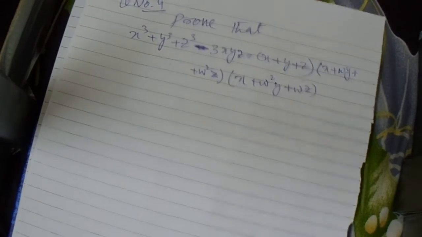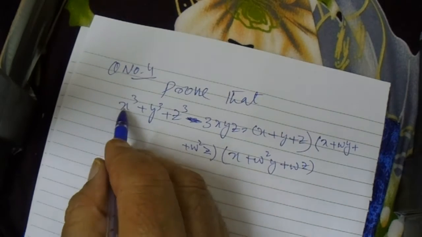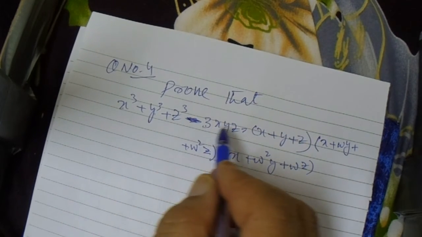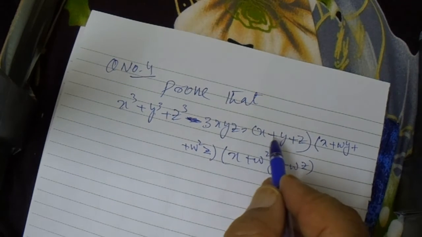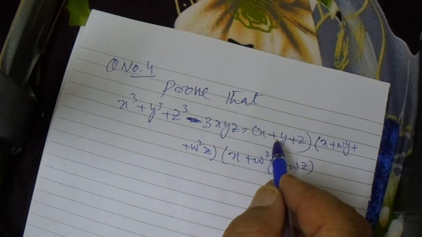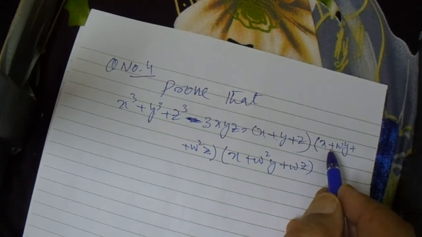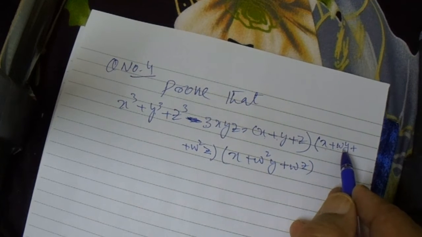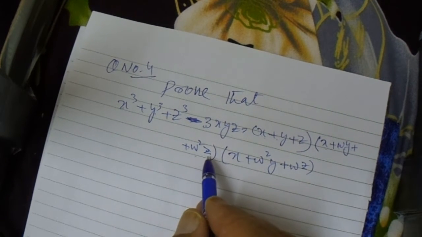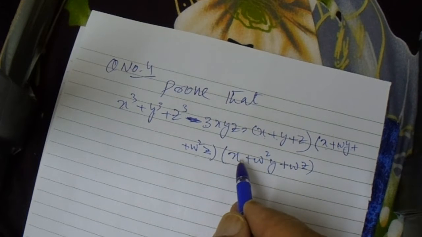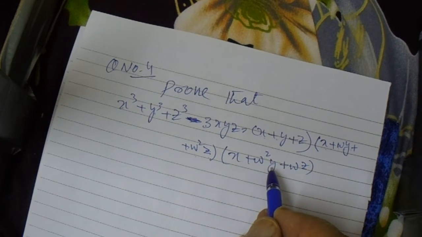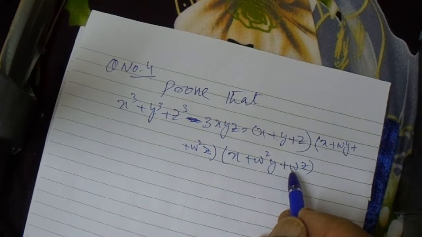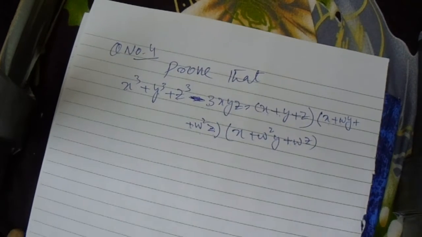Question number 4 is this: x cube plus y cube plus z cube minus 3xyz, and on the right side (x + y + z)(x + ωy + ω²z)(x + ω²y + ωz). So now by taking